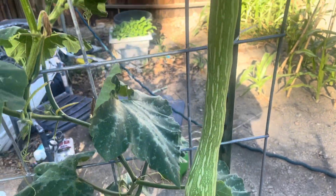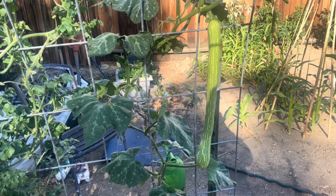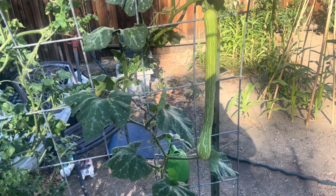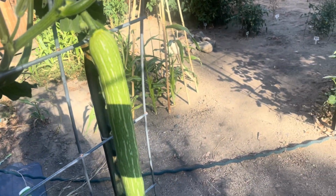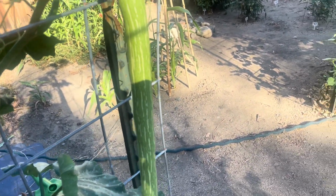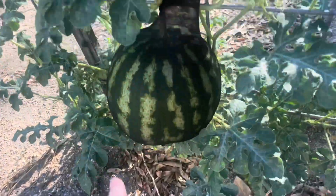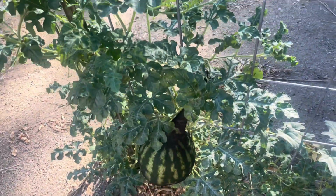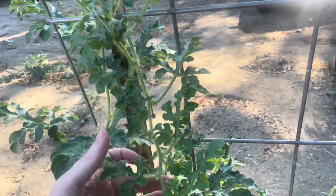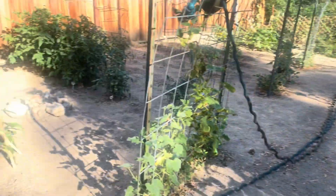Our Tomaccino's getting pretty big here. And again, that's the guy I'm gonna let grow and mature into a winter squash. I've never eaten them like that. If you pick them like this or a little bigger, you kind of use it like a zucchini, like a summer squash. Our other little watermelon, I think this guy is not gonna get too much bigger than that. So we'll keep an eye on him for ripeness. Help this guy climb just a little bit. And let's go over here to